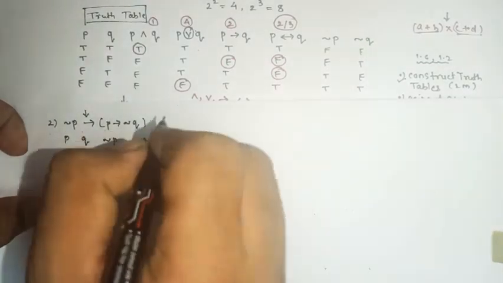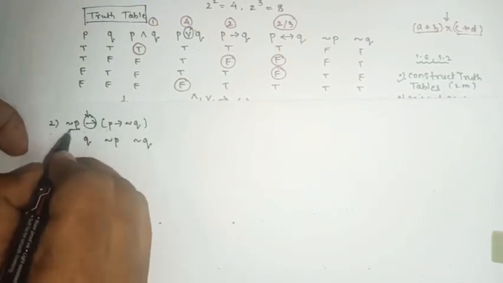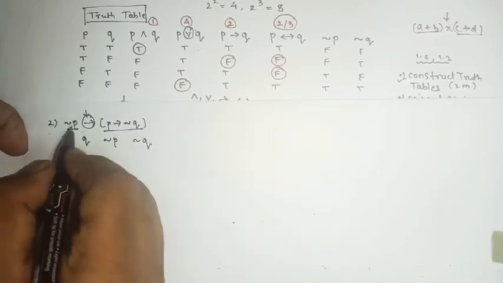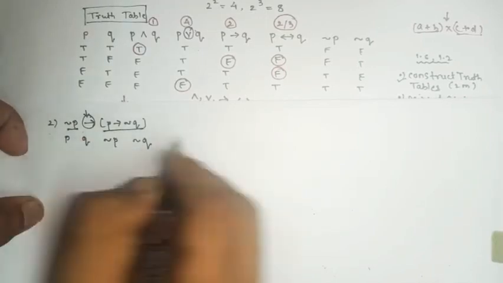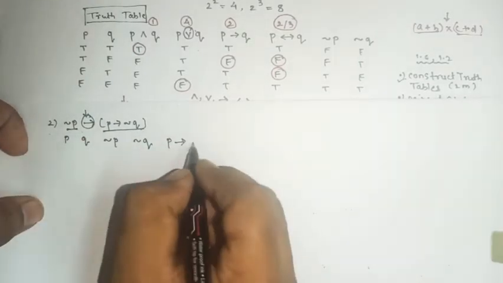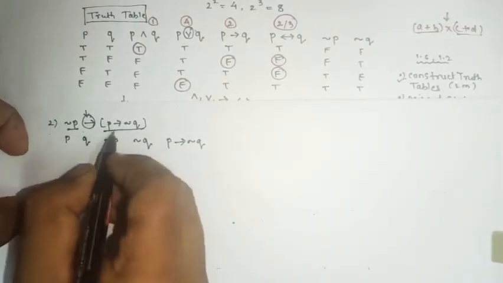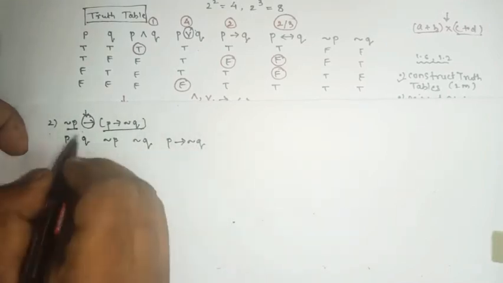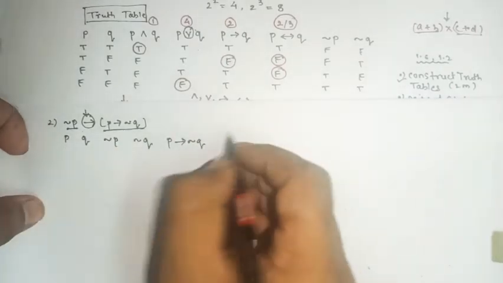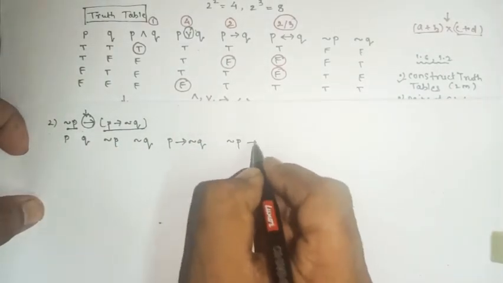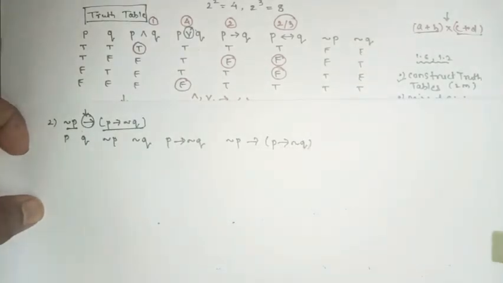Done. Then after that, this is the main connection. So this slot is separate and this slot is separate. Check negation of P, it is there. Yes, already it is there. I have already written it. Now this slot will come, which is P implies negation of Q. Done with negation of P also, done with this slot also. So we are left with this pattern, this whole pattern, and the main connection is implies. So negation of P implies negation of Q. Yes or no?